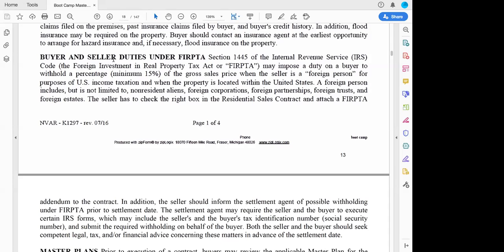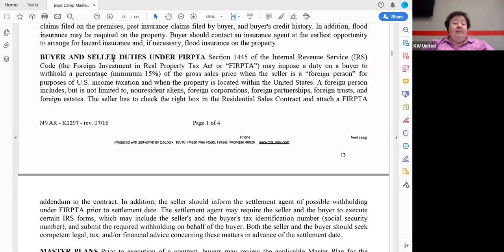Let's suppose the buyer is from Germany or China. What happens here? Well, it doesn't say the buyer has to have a Social Security number, only the seller. So it doesn't matter when a buyer buys. A foreign person can buy and there's no penalties. They don't have to pay the IRS anything. It's only when they sell that the money is due to the IRS. Now, same thing here, whether the buyer is a foreign person or not, the IRS could potentially keep 50% of the gross sales price, which means the buyer could potentially have to pay more than